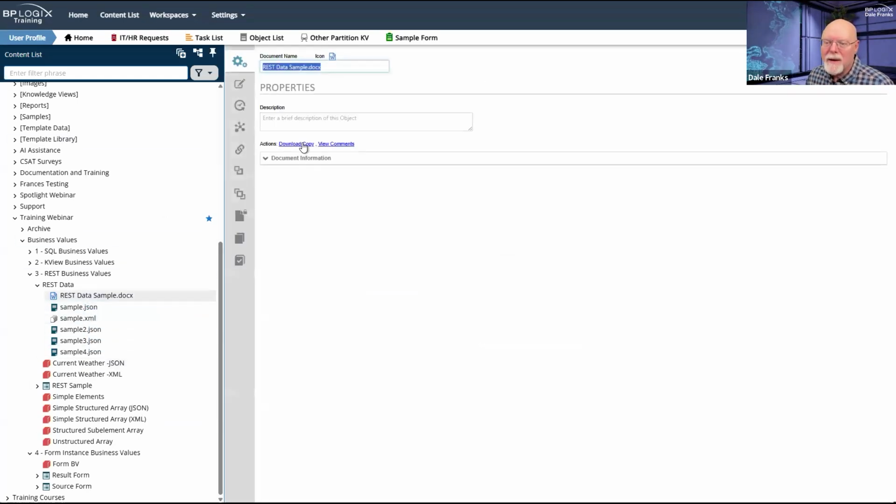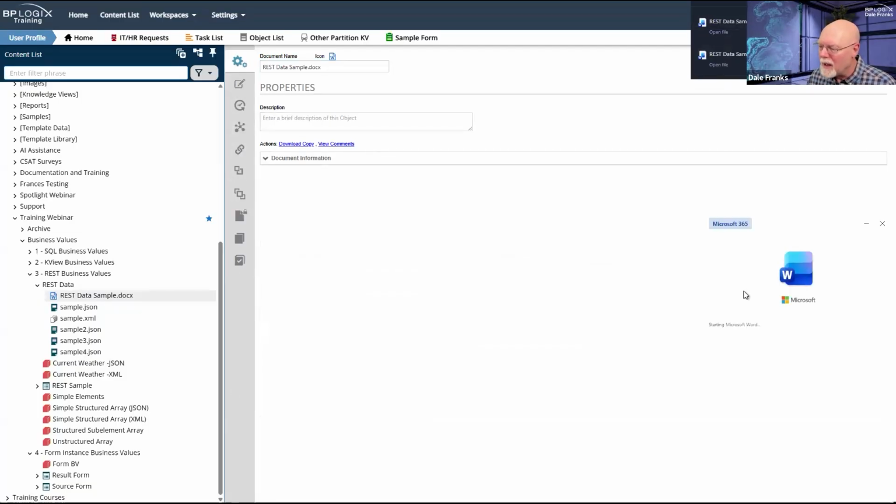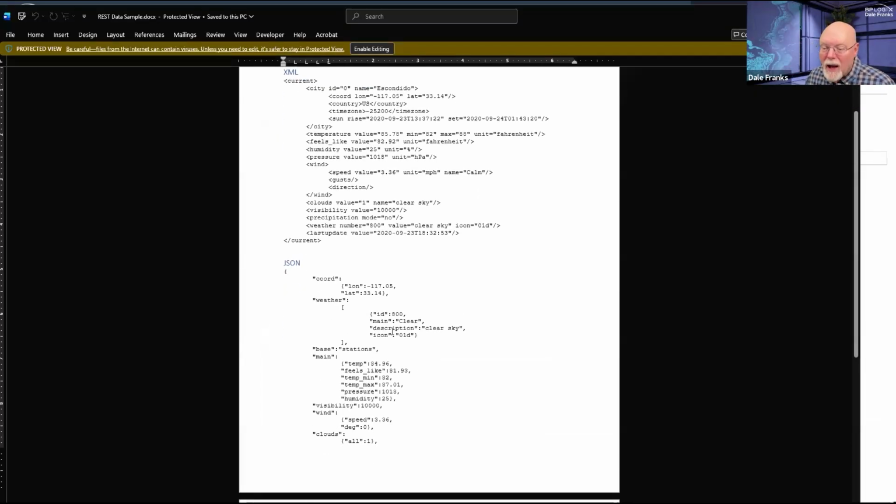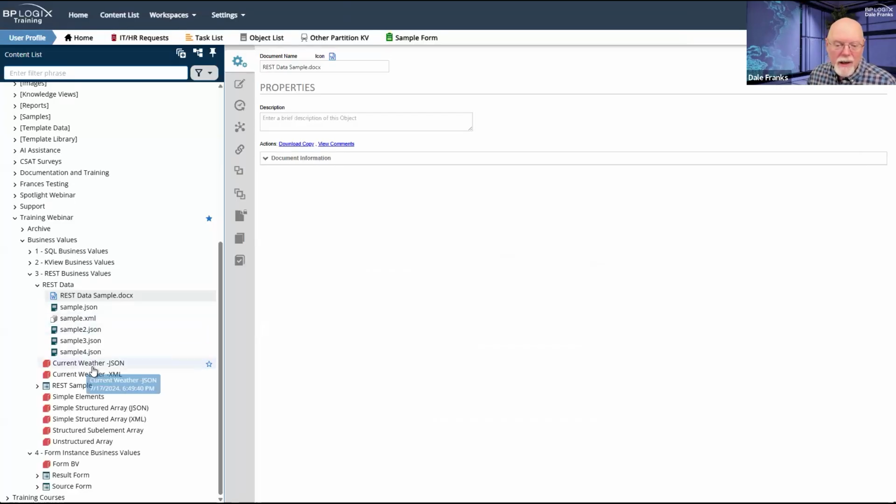Rats. Download the copy, reopen it. Oh, I'd already downloaded it. All I had to do was open it. I think it is called description. It is called description. So instead of going to main, which is pulling clear, I could just pull description in that business value.